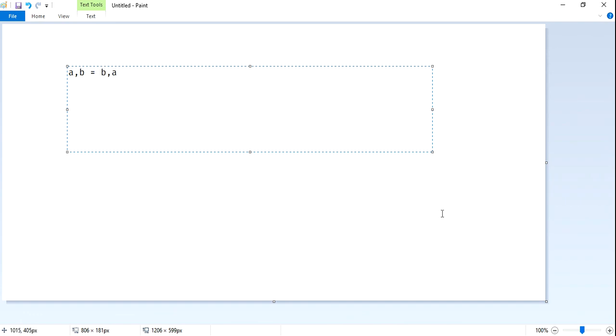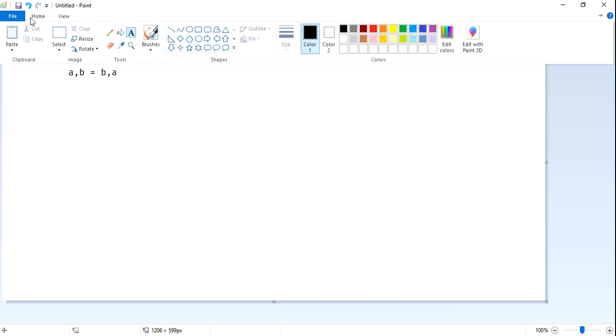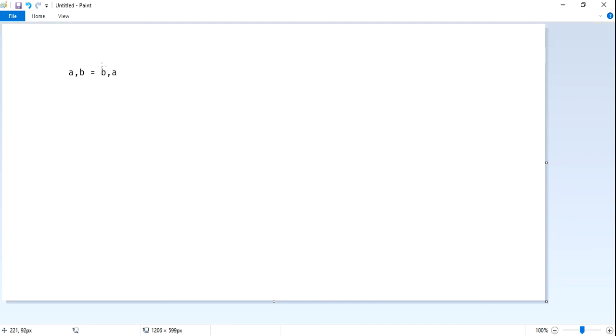What is happening here, sir? Simple. The b value is coming to a, and the a value is coming to b. It is a single step, so that's why there is not going to be any modification.